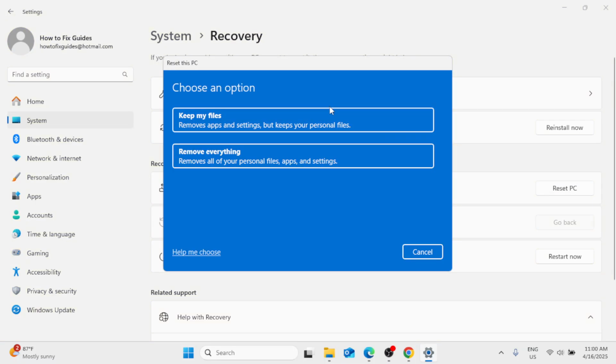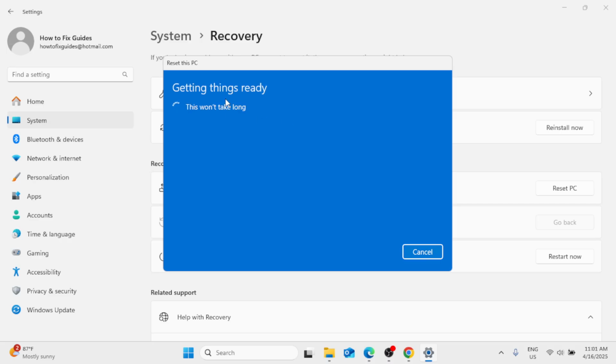And here you have two options on how you can reset PC. Keep My Files, removes apps and settings but keeps your personal files, or Remove Everything, removes all your personal files, apps, and settings. Now I want to click on Keep My Files because I don't want to remove my personal files. So in your case, you can simply choose either of these two, but I'm going to go with Keep My